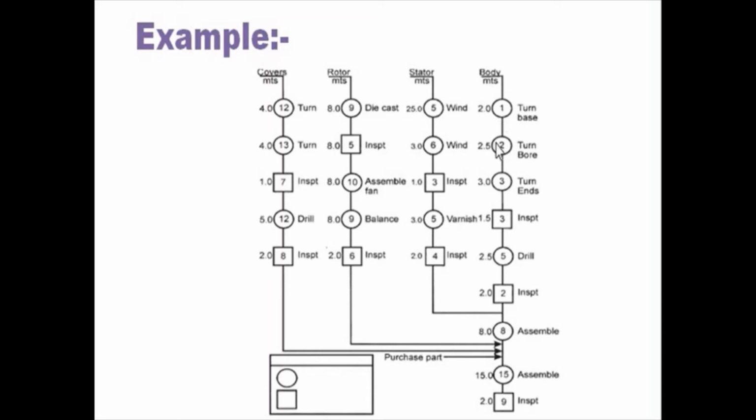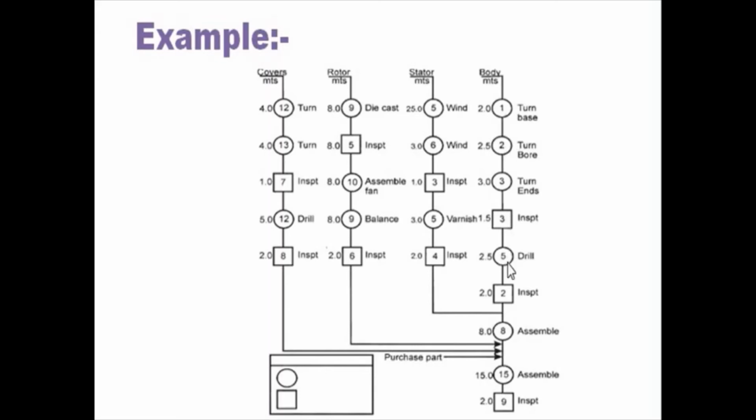All the particular activities are represented by numbers. Those numbers too should be in a sequential way till the completion of all the processes. Now here different types of activities are represented. At the right side, the description of the activity is given, and at the left side, the time required for the particular activity is mentioned.